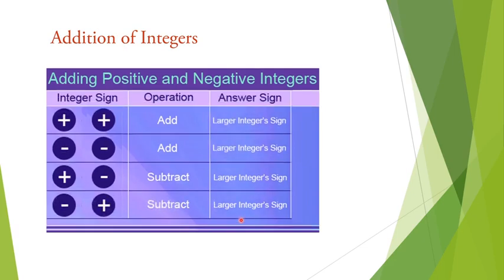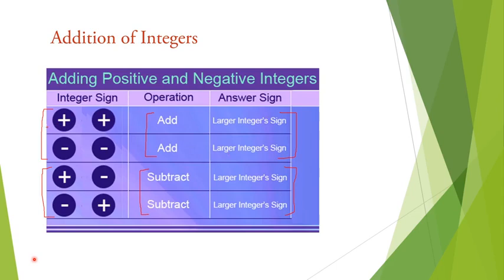Now let me simplify it. Here it is. If both the numbers are having the same sign, regardless of whether it is plus plus or minus minus, which operation do we perform? We have to add the numbers and the sign of the resultant will be decided based on the larger integer. That's it. And if both the numbers are having different signs, whether the first one is positive and second is negative, or the first one is negative and second one is positive, we have to subtract the numbers and the sign will be based on the larger integer. So for the sign, what we have to do, just see the larger integer and we'll put the sign of the larger integer.